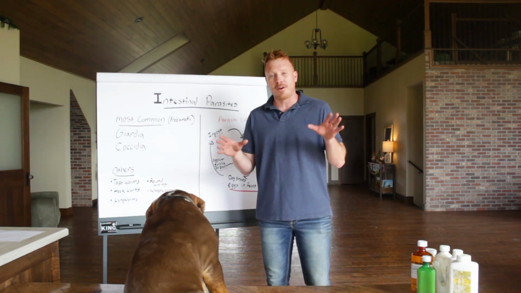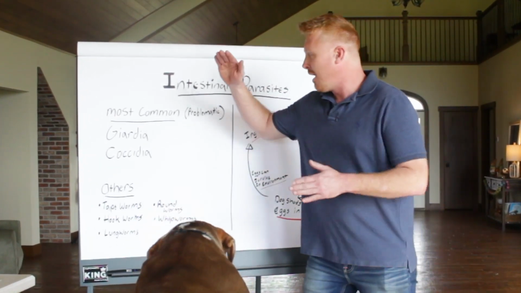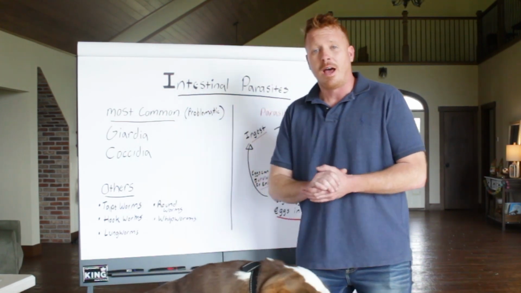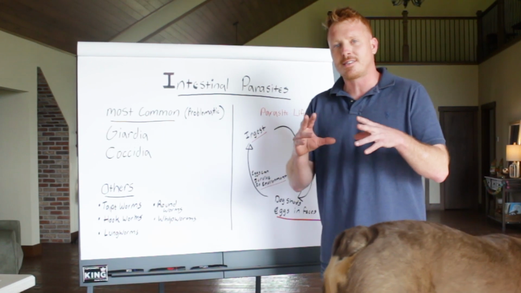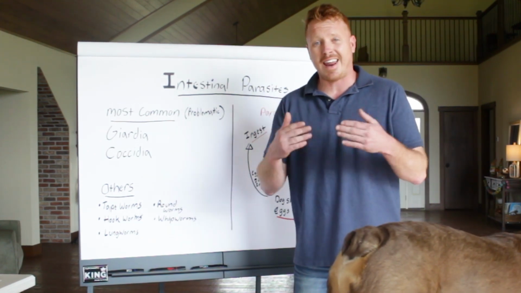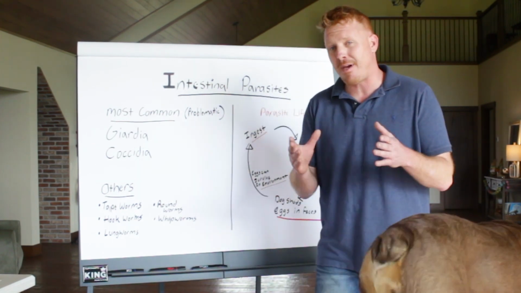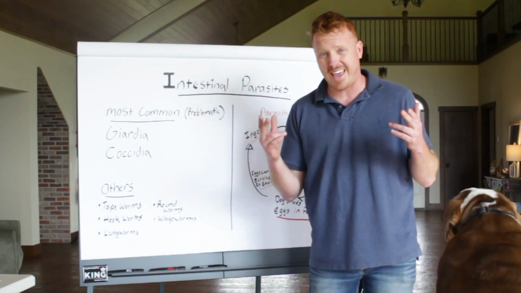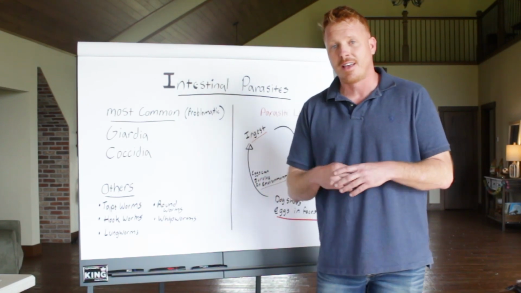So the starting point with any parasite, and we are generalizing this, right? So we are taking Giardia, we're taking Coccidia, we're taking all the other worms, and we're bunching them together. So some of these terms, some of the characteristics are going to be generalized. With a worm, you talk about an egg. With Coccidia and Giardia, we'd talk about a cyst. And there are different mechanisms of reproduction. Giardia and Coccidia reproduce asexually, whereas tapeworms actually lay eggs and they hatch.